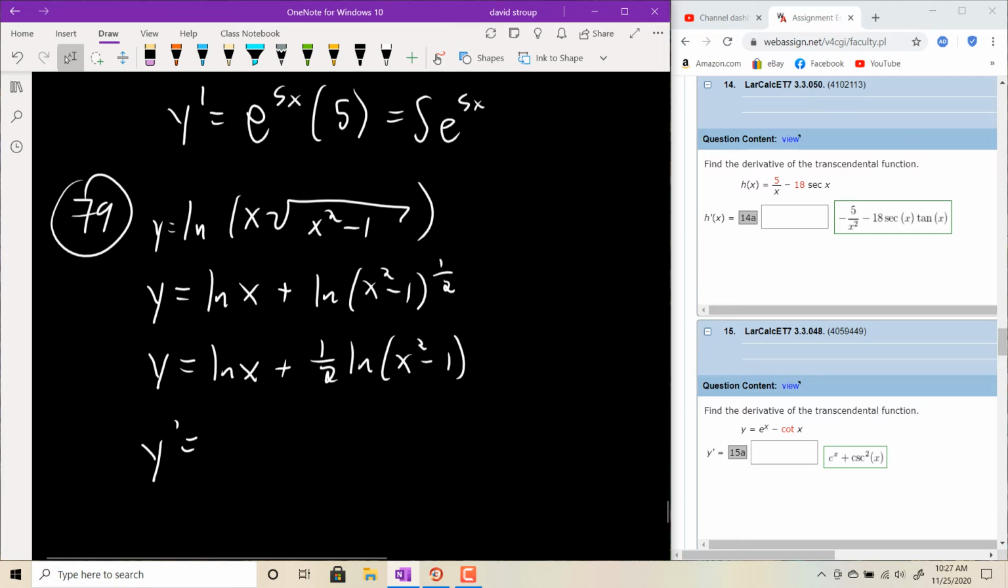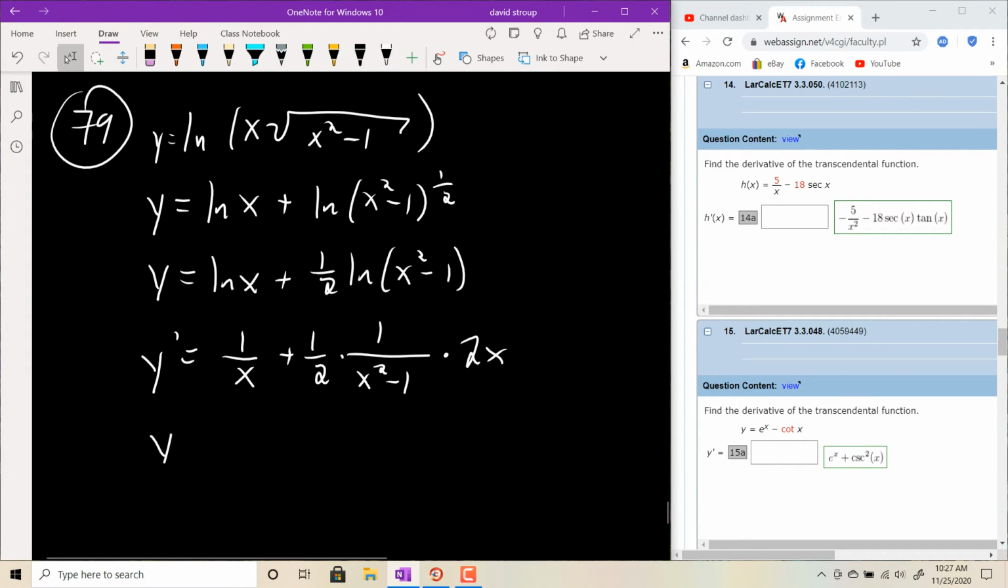Okay, so y prime, ln of x, derivative is 1 over x, plus 1/2 ln of x squared minus 1, so it's 1 all over the x squared minus 1 part, and then times the derivative of x squared minus 1, which is 2x. So y prime should be 1 over x, the 1/2 and the 2 will cancel, plus x over x squared minus 1. Okay, so that will do